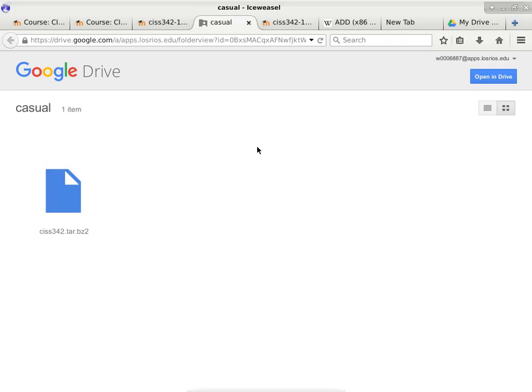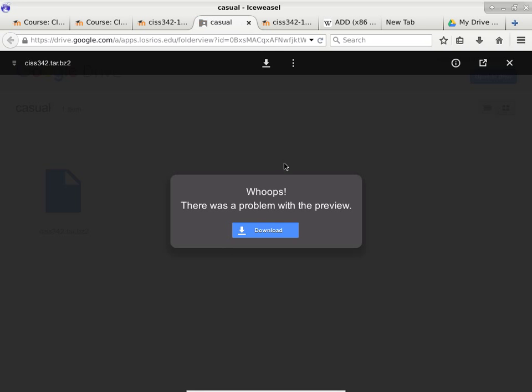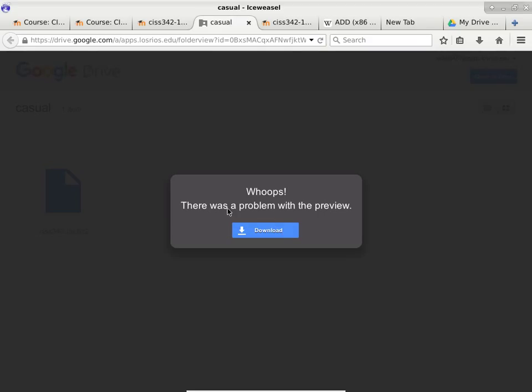It's ciss342.r.bz2. If your home connection is slow, you want to do it here. Okay. So if you have your external hard drive with you, go ahead and start the process, because it will take a while. It's 3-point-something gigabytes. So to download it, I'm just going to show you. If you click it, it doesn't know how to preview it, which is okay because it's way too big. You just click download, and depending on your browser, you might need to specify where you want it to download to. Otherwise, it will automatically download to the downloads folder, which is okay. You can just move it around after it is downloaded. But it will take a while. Just keep that in mind.